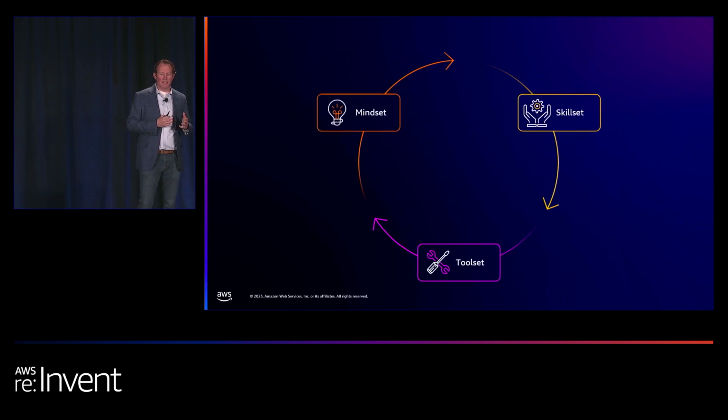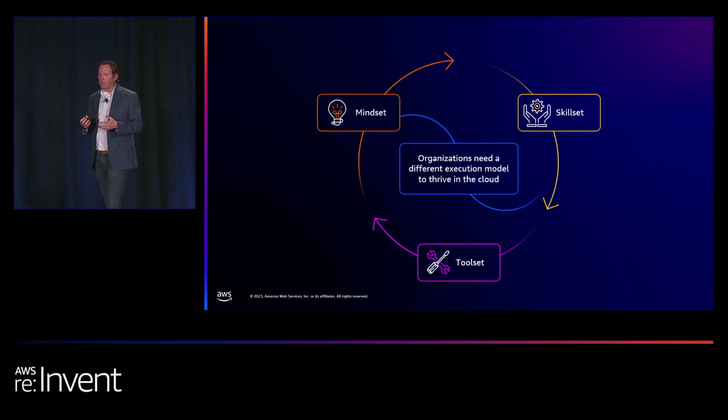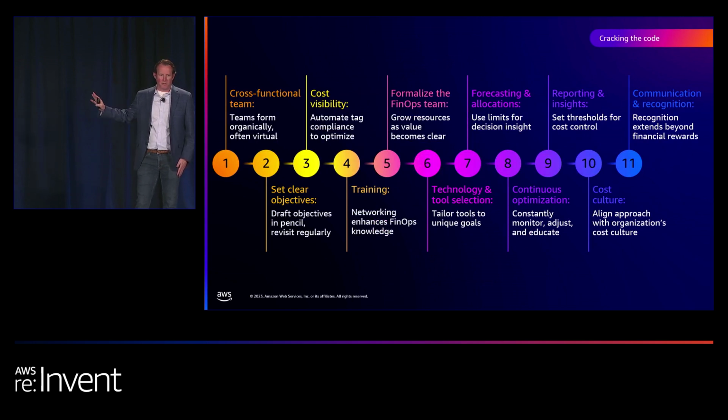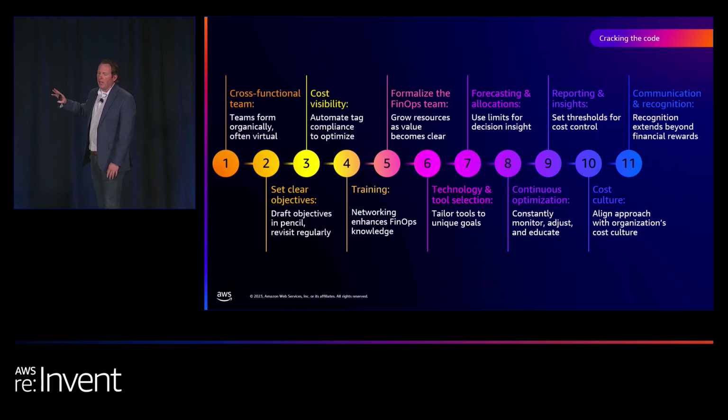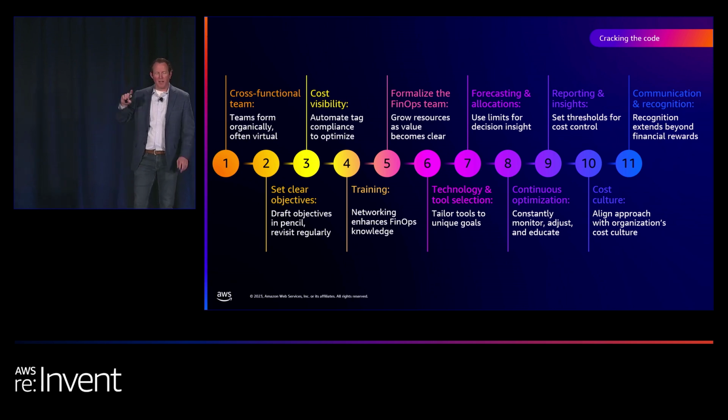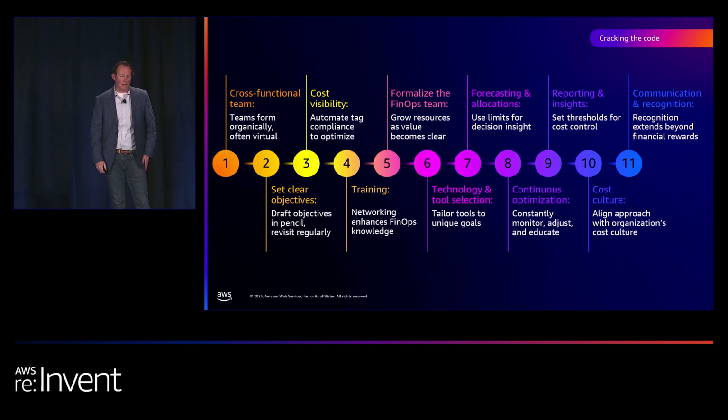So as I go back to mindset, skill set, and tool set, you can use that framing as you go through your transformation and think about the ways in which you assess on each of these dimensions and leverage that as you go through it. And lastly, this is kind of the summation of cracking the code across all of them. We had a rule in my past life that you can never remember anything that's more than 5 words. So you'll see every one of these except for one. It had to be 6 because of the one in the bottom left. But I tried to get all of these to 5 words or less, as a way, as you reflect on your FinOps ecosystem, of using this potentially as a roadmap and a way in which to galvanize the direction and the approach that you take.